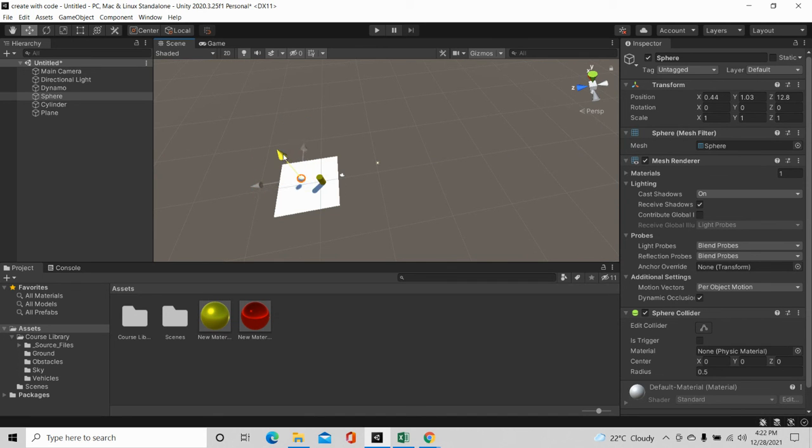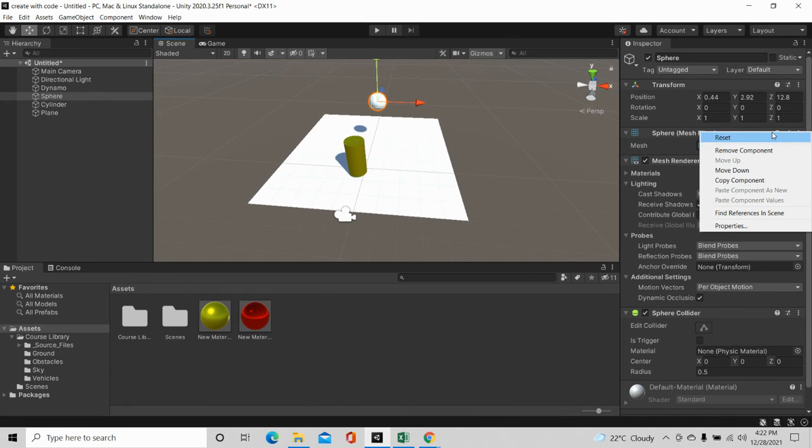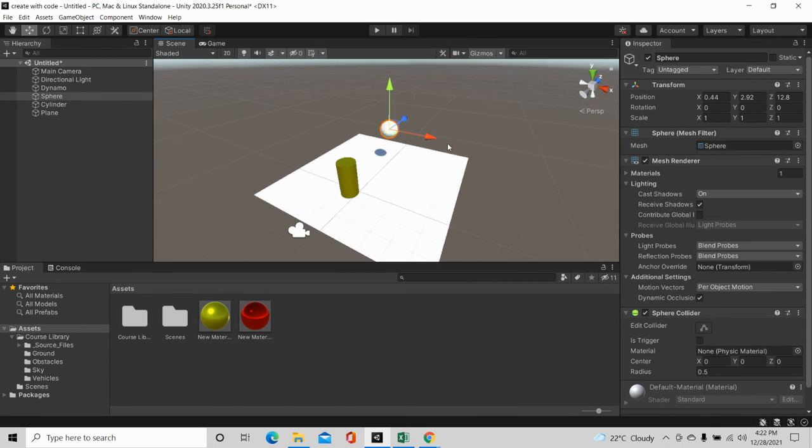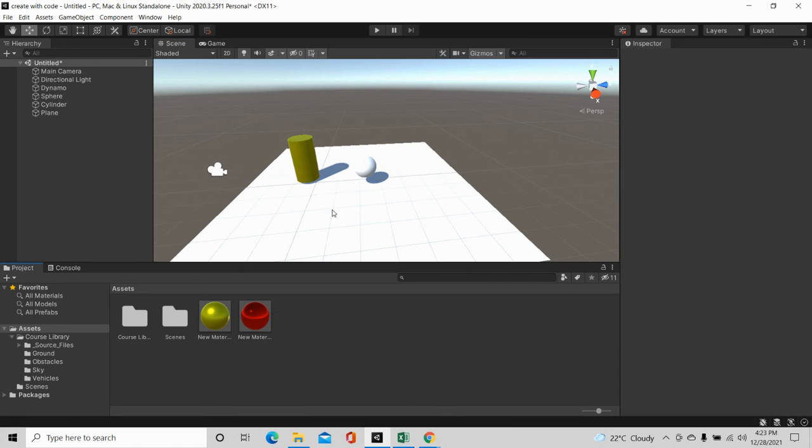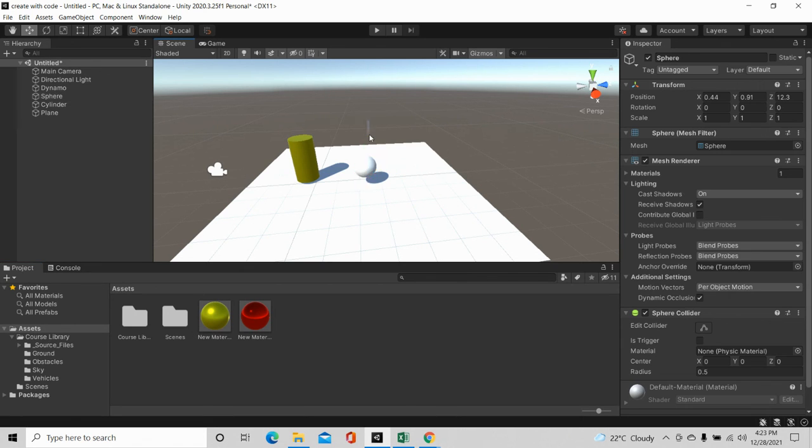These things don't actually have gravity yet. We will also include gravity, so don't worry. You can just place it around here. In this tutorial this is enough. I'm going to teach you every other thing, but not in this tutorial because I have to keep the tutorials very short. So see you in the next lesson.